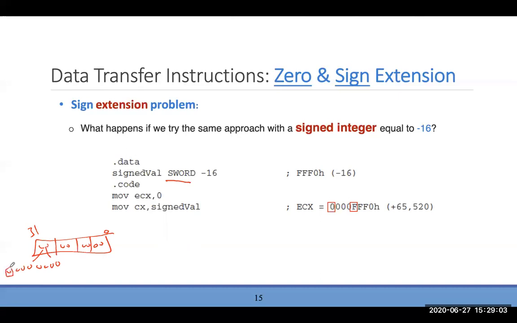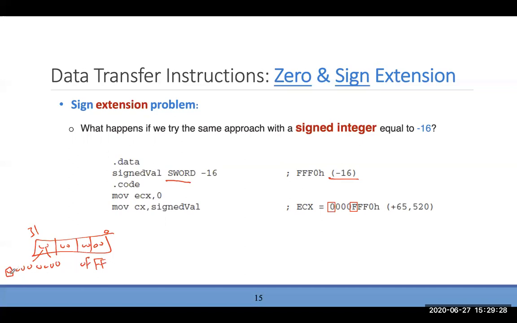Okay, so the most significant bit, bit 31, it's going to be 0. So that's going to say the value is what? Positive, regardless of what you're storing right here. If you want to store negative 16 right there, negative 16 is going to be what? It's going to be FF. Okay, so negative 16 is going to be FFF, right? So if you're going to say